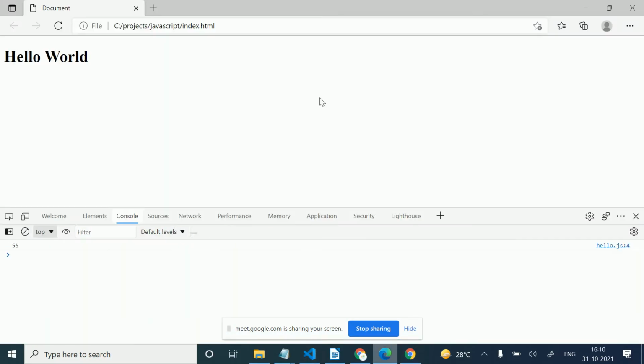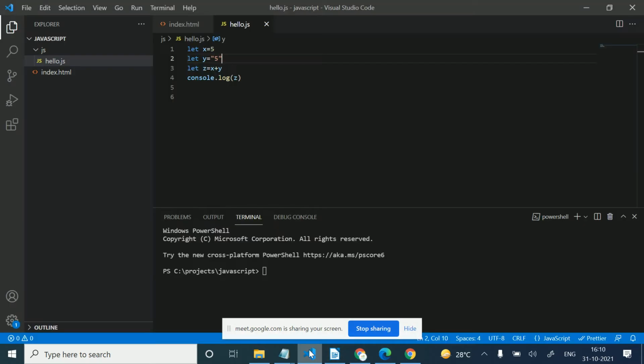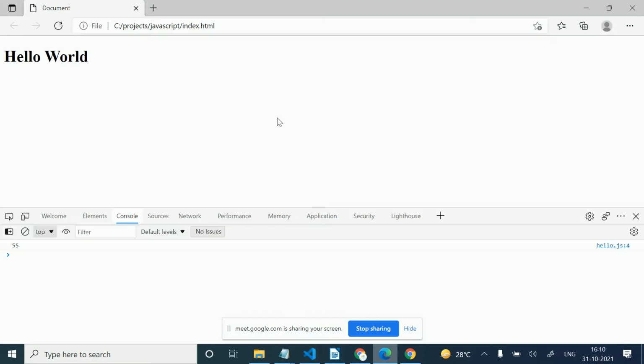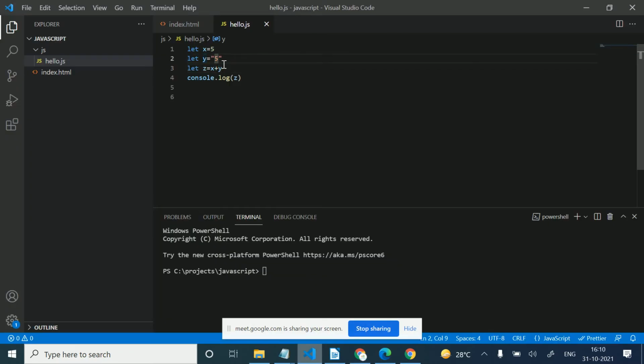Let's refresh here. Control S. So still, when we add a string with a number, we will always get a concatenation of the strings.